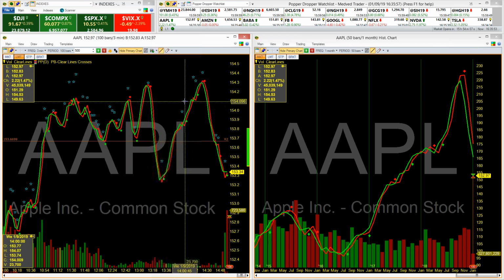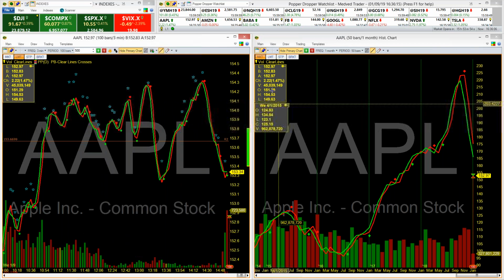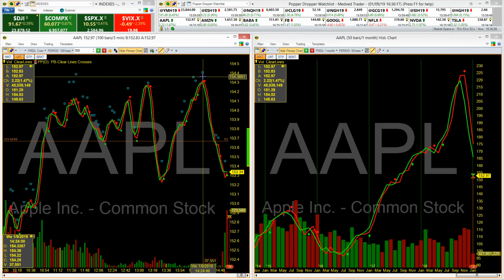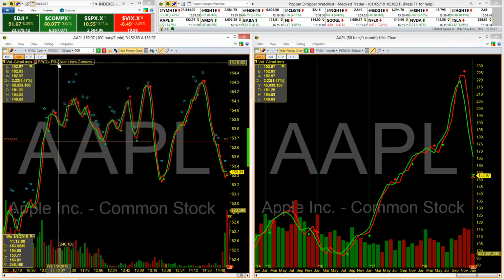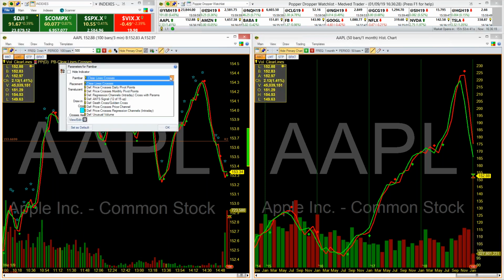This will actually have a few additional, because the arrows are less frequent because they clear out some of the false crosses. But you can create, if you want to know when a moving average crosses a moving average, literally an endless number of these different